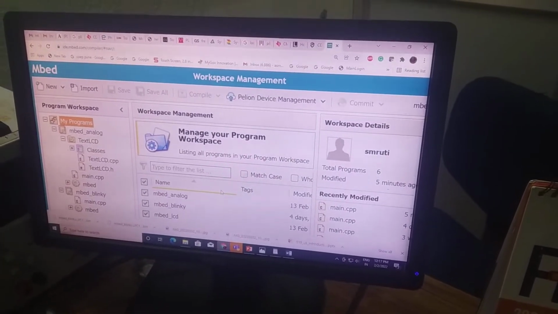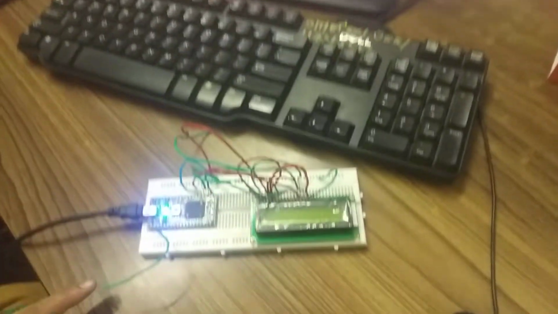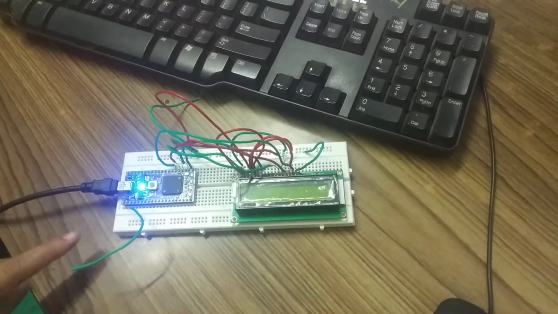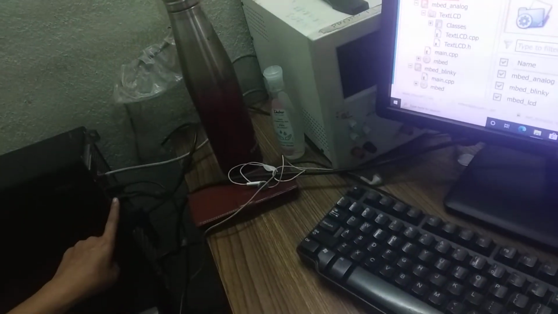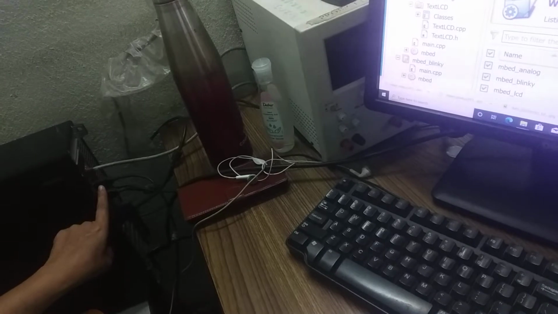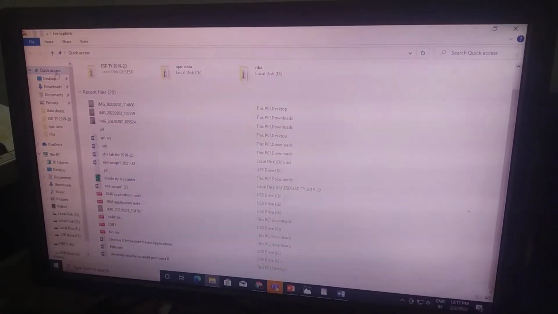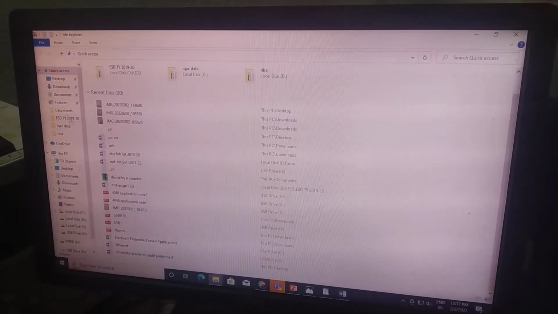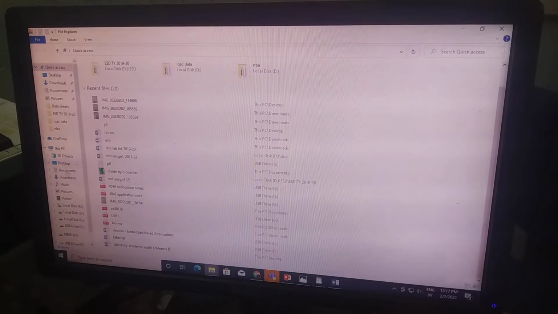So for that, I have first connected the LPC 1768 board to the PC using the USB cable. Okay, and you can see that if I check it on the PC, what I am getting is,